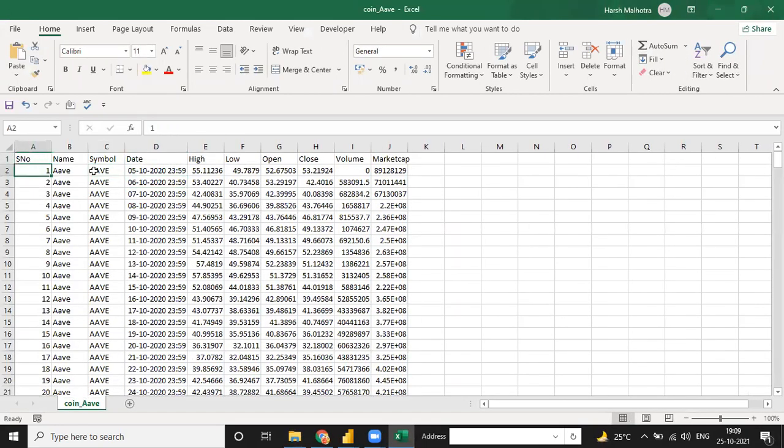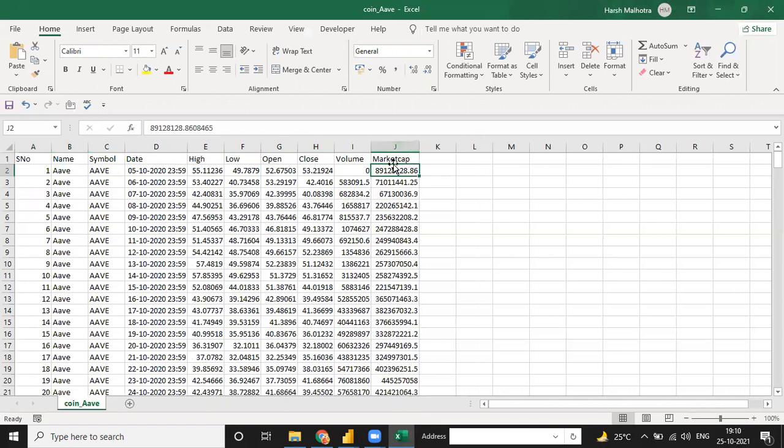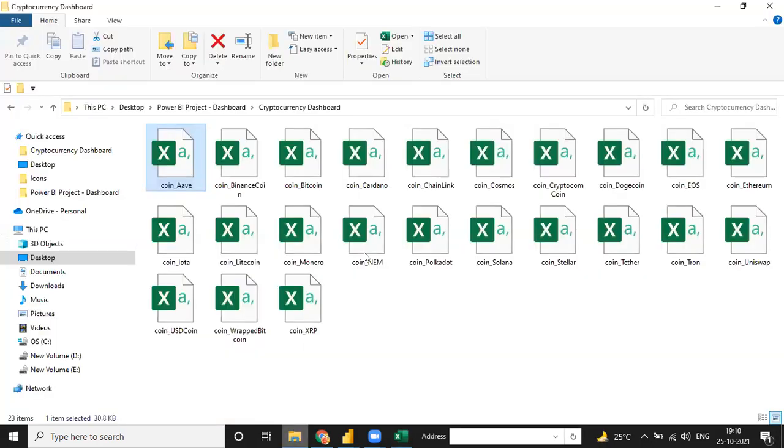See, for this currency we have a currency name, currency symbol, a date, the high price of this date, low price, open and close price, volume, and the market capitalization, whether it's entered market capital or not. Okay, second, I am going to open my second currency, suppose Bitcoin.